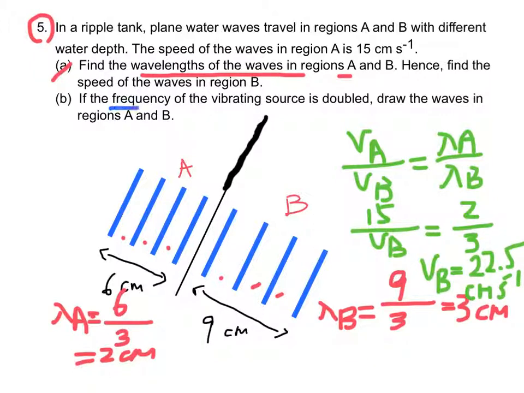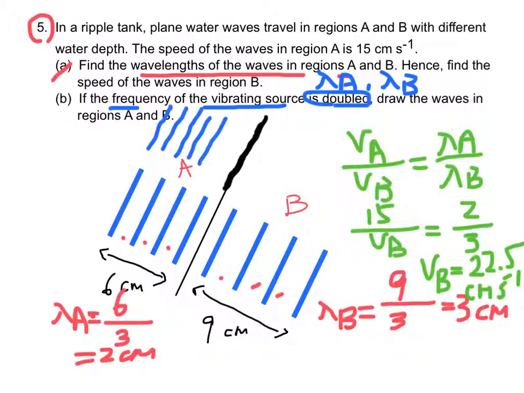If the frequency of the vibrating source is doubled, since the speed in A and B remain the same, the wavelength in A and the wavelength in B will both decrease by 1/2. Therefore, the new wave in A and B would be something like this one. And in B,